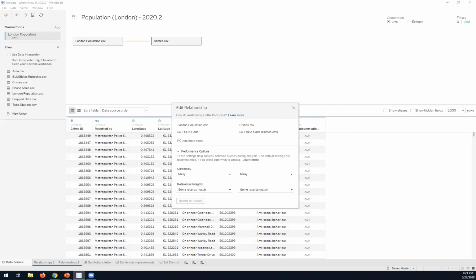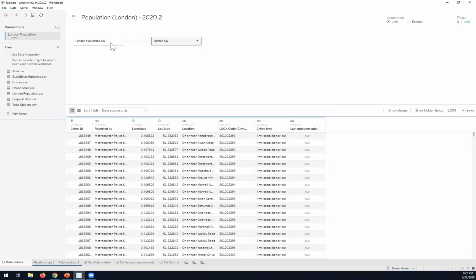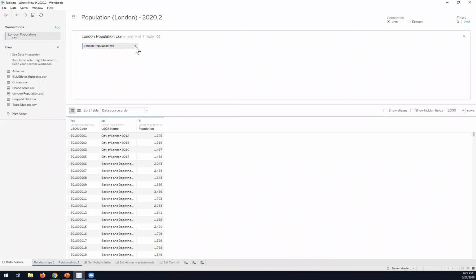Yeah, so the first thing that I'll state is that if I did this in 2020.1 or any version before this version, and I opened up Tableau, it would still be joined the same way you did it before. This won't automatically convert it to the relationships view. You'll still see your 2 tables up there. You'll still see this view that I have right here. This is how we'll still open up.